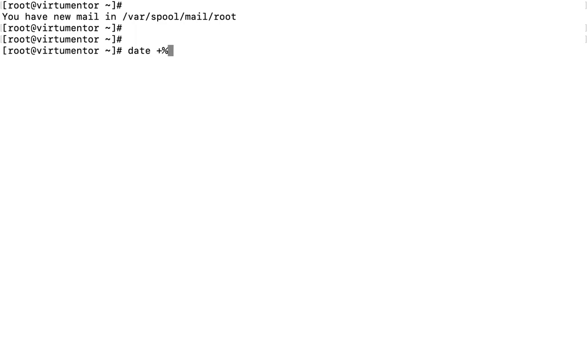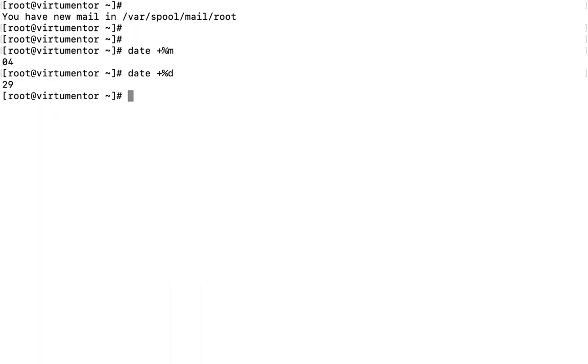For the number of the month we use the small m, so the current month is 04. For the day of the month, which is today's date, we use the d parameter, so 29.